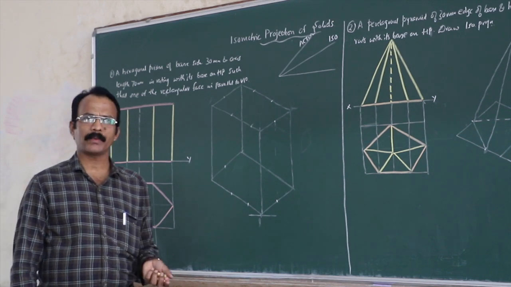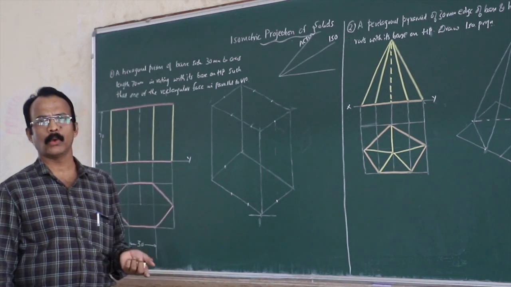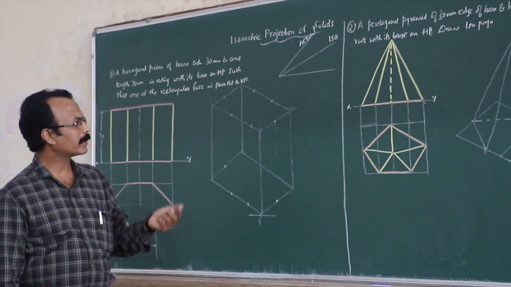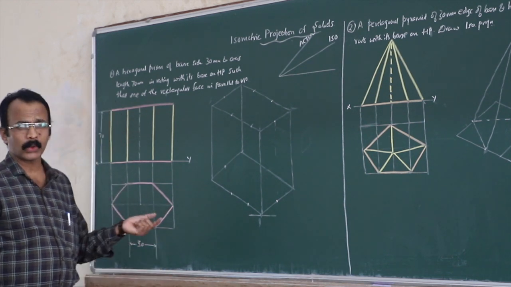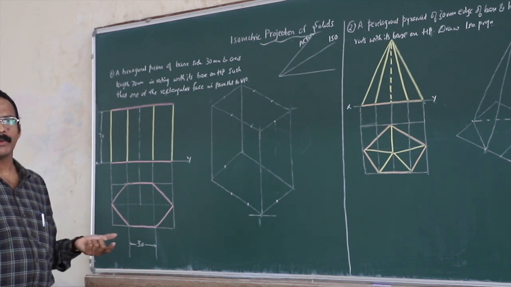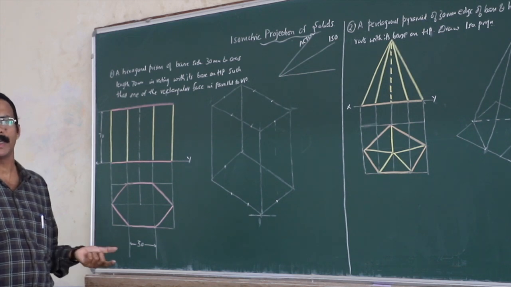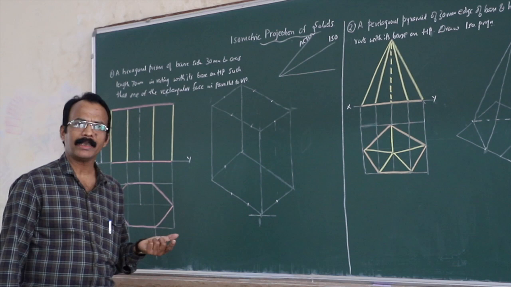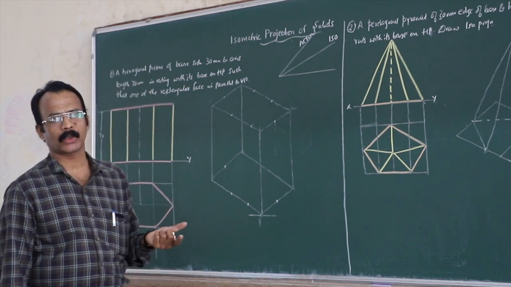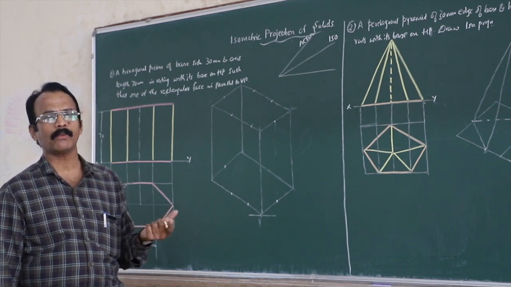Hope you have got the procedure there. Please be thorough with that procedure, since it will be repeated in cylinders, cone or frustum of cone, etc. In today's class I will go through drawing the isometric projection of simple solids like prism, pyramid, cone, cylinder, etc. And then we will go to the combination of the solids, which will be asked from your exam point of view.